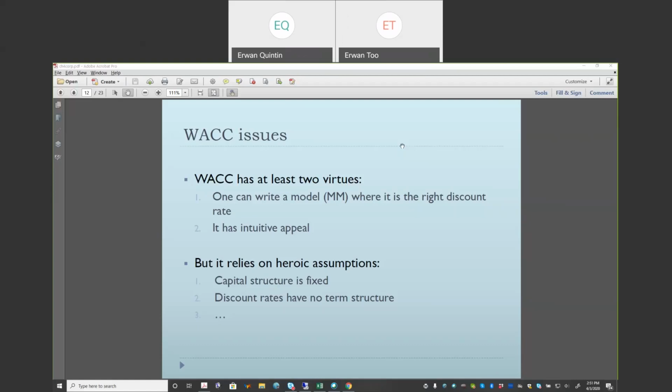So we finished last time by discussing several of the practical issues that arise when you're trying to implement or to estimate WACC in practice. I want to discuss one more here to begin this video, which is the issue of whether you should use book value of debt or market value of debt when estimating WACC. Now, theory is clear. You should use market value of debt, but book value has one advantage, which is that